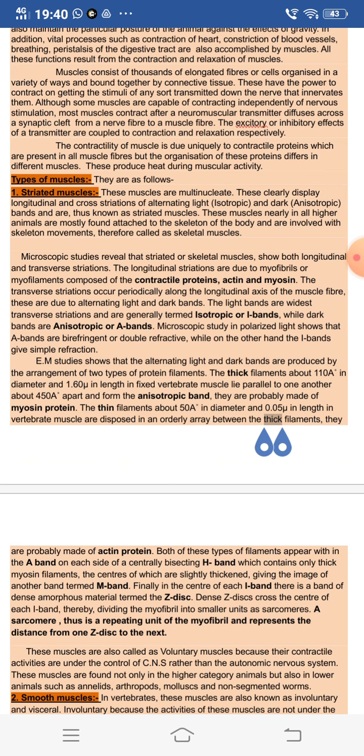So the longitudinal striations are due to the myofibrils or myofilaments, which are composed of the contractile proteins, the actin